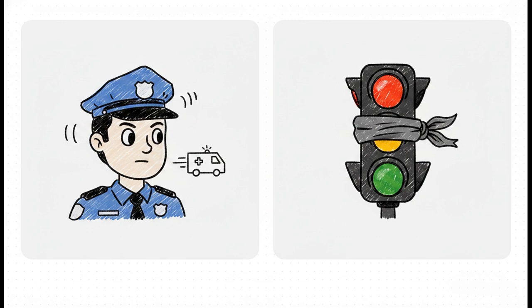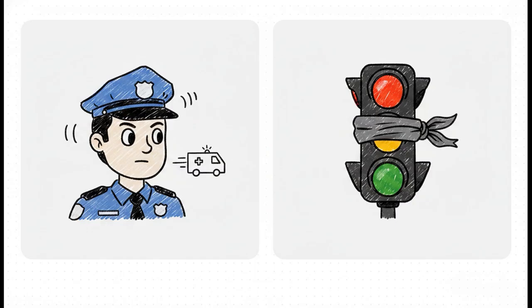And this right here is a totally crucial distinction. Human officers adapt instantly to emergencies, whereas traffic lights, they're just automated machines. A human can see an ambulance coming from a mile away, or a sudden collision blocking the lane ahead. Fixed controls are totally blind to all of that. And that is exactly why human direction sits firmly at the absolute peak of the pyramid.